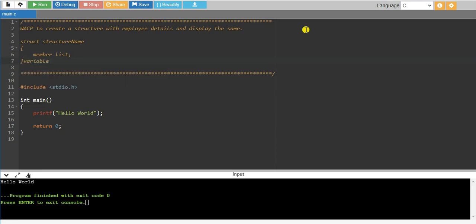This is the format or syntax of the structure.